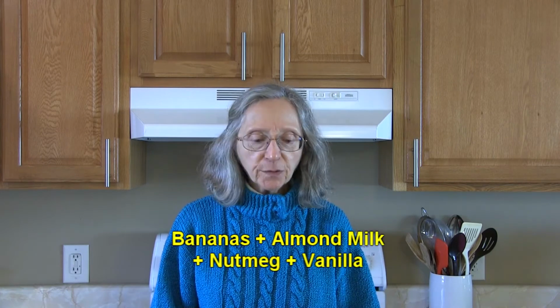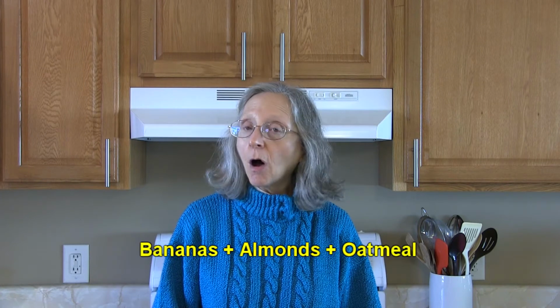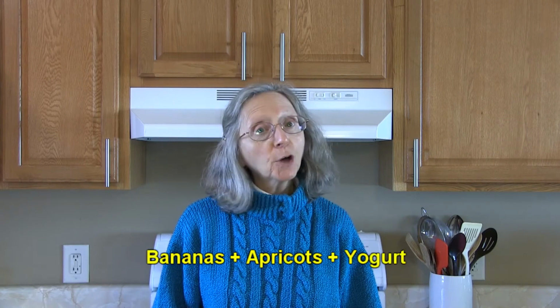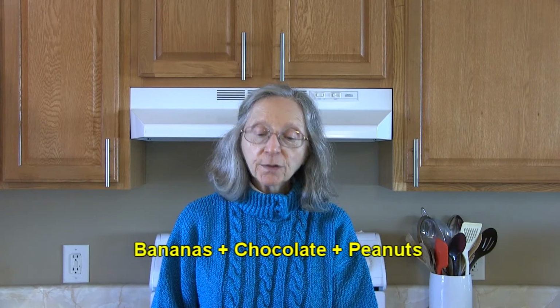Pair bananas with almond milk, nutmeg, and vanilla, or bananas with almonds and oatmeal, bananas with apple juice and cinnamon, bananas with apricots and yogurt, bananas with blueberries and yogurt, bananas with cashews and pineapple, bananas with chocolate and peanuts,